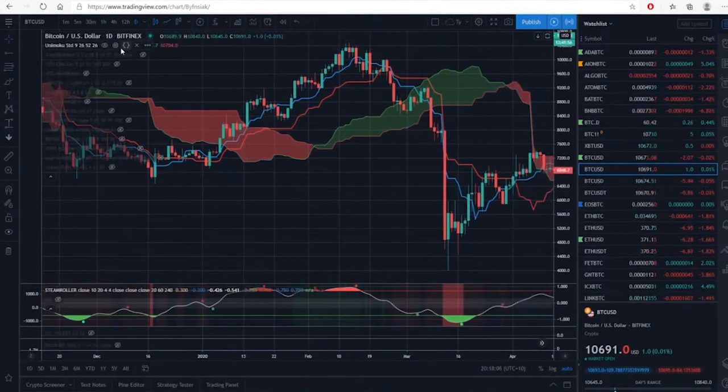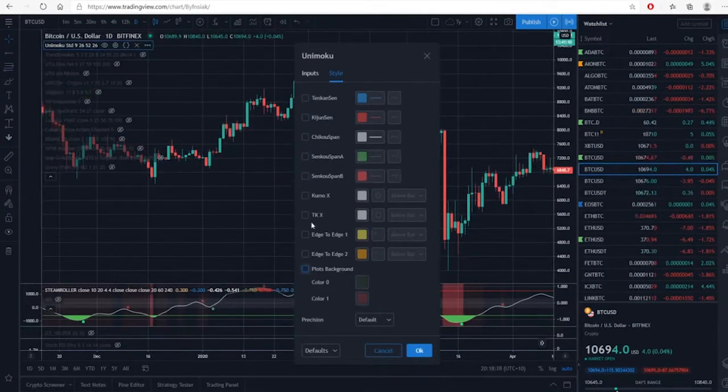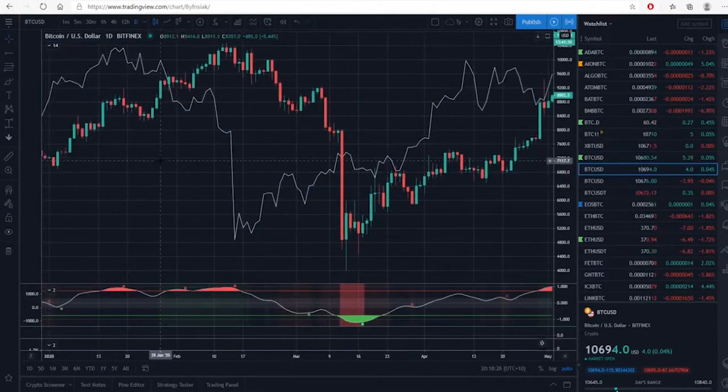So let's have a look now at the Chikou span. To be honest, I don't put a ton of weight on the Chikou or the lag line. I'll explain why in just a second. So our lag line is just that. It's really a lagging indicator. And the only reason I really put a lot of weight on the Chikou is where it is in relation